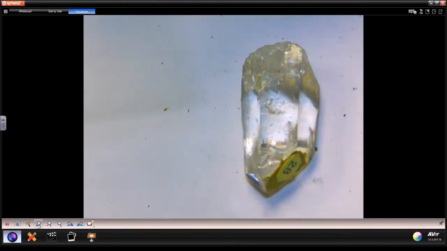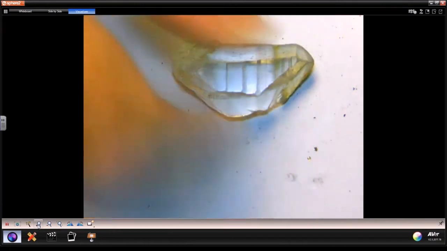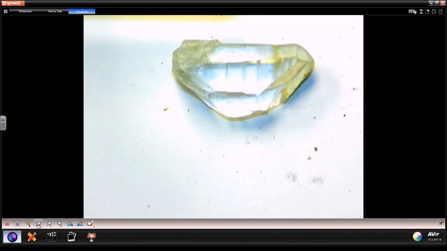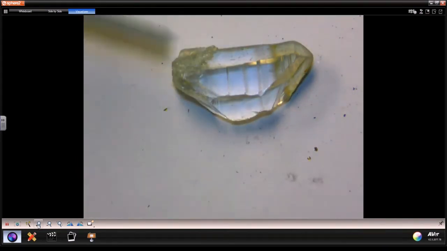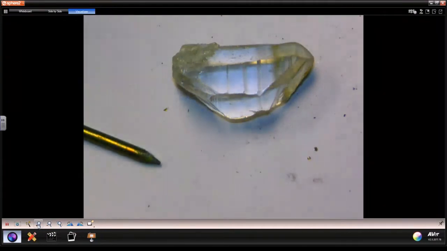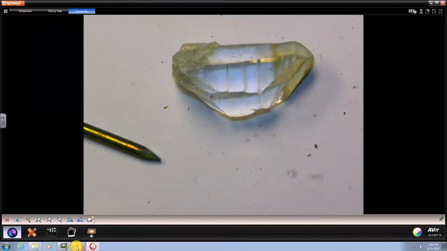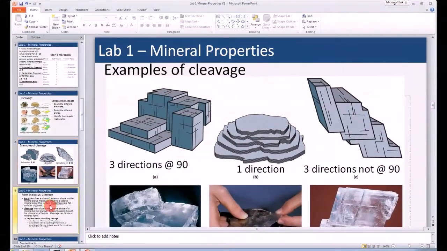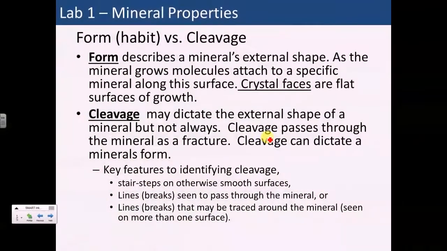What you're really looking at for this particular mineral is that it's sort of a pyramid with a hexagonal six-sided surface, 1, 2, 3, 4, 5, and then the other one, 6, is over here on this side. You're looking at what we call the mineral's form or its habit, and this has a hexagonal habit. The habit is the external form of a mineral, and so I've sort of highlighted some of the differences, okay,